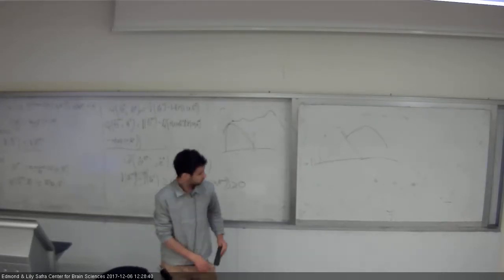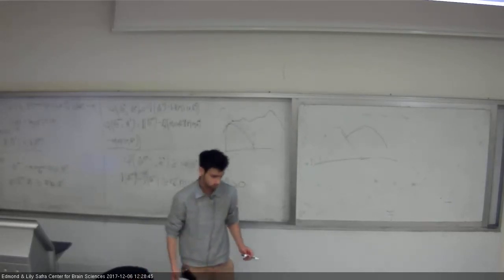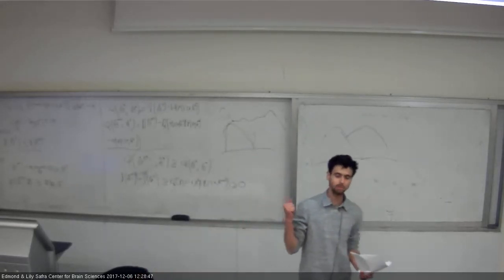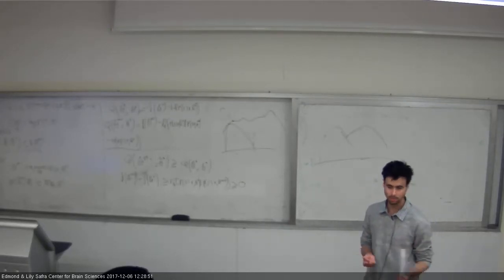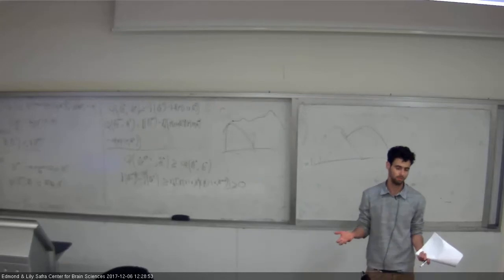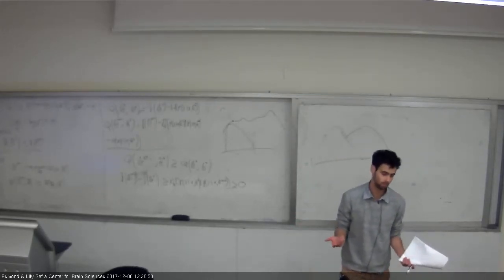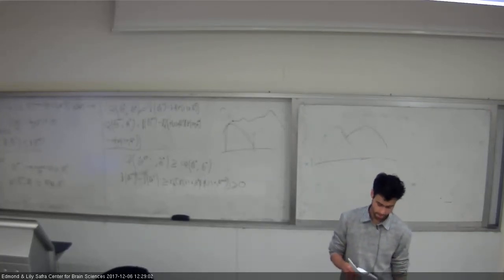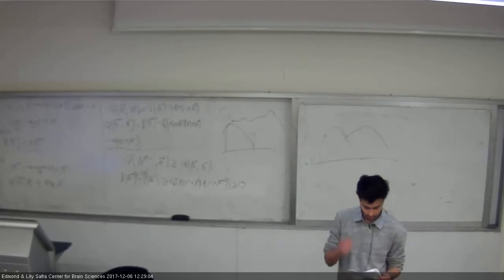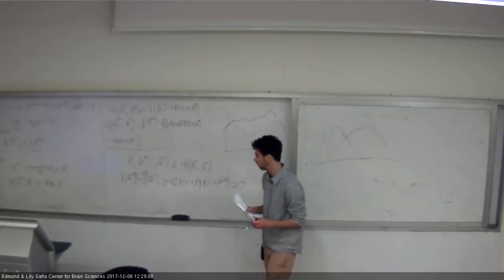Okay, so now we saw that this algorithm, this Q function, is good in the sense that it will bring us to a local maxima of the likelihood function. Now let's see the EM for exponential families.